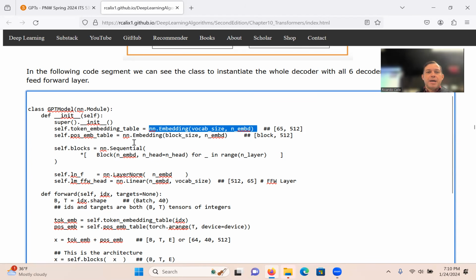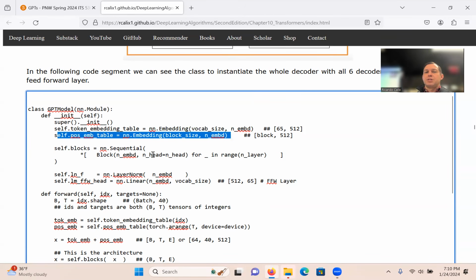Okay, the positional embedding table is another type of embedding, notice. It's the embedding of block size, and it'll just calculate the information of the positional embedding. So we'll come back to this later. Now, notice here, the object blocks